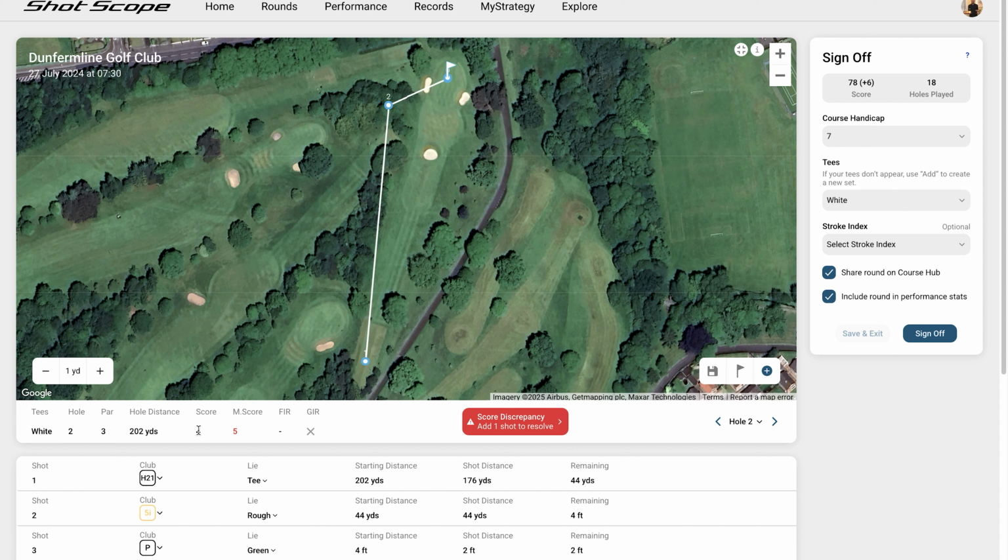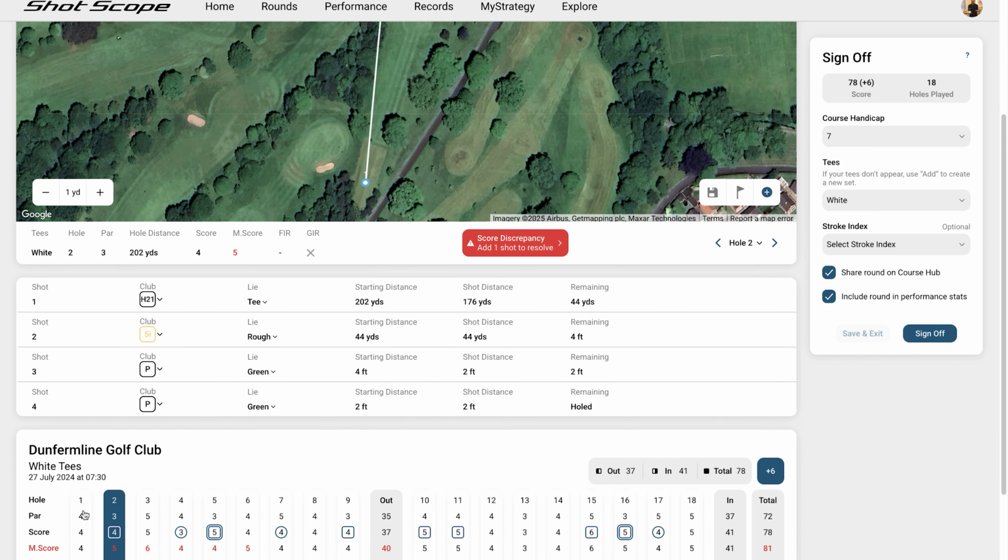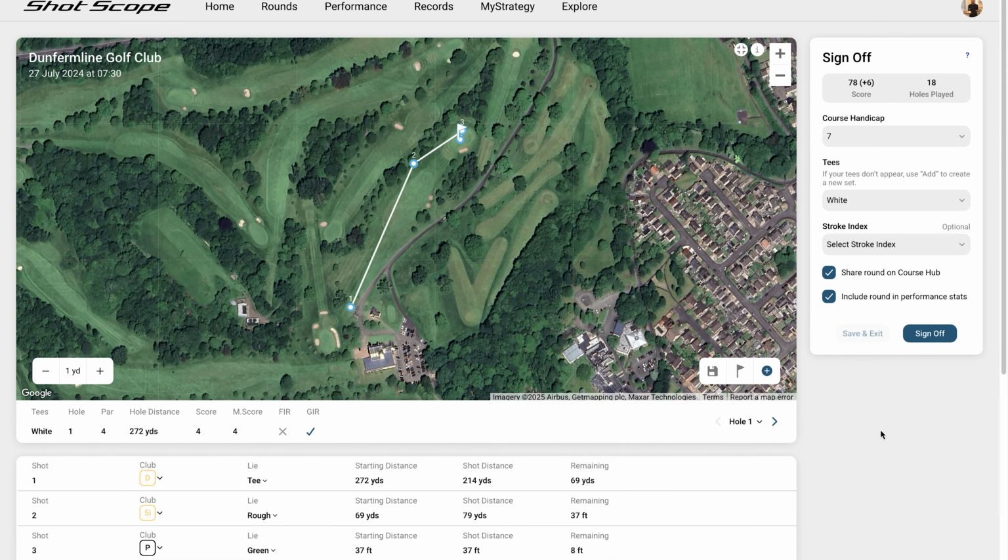So we're going to take a look at how to correct that in just a minute. Let's jump back to the first hole though and scroll up. So the first thing that I'm going to do in this hole is we're going to look at how to